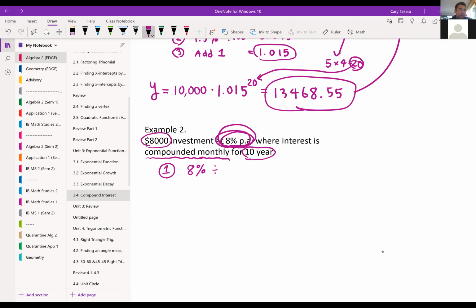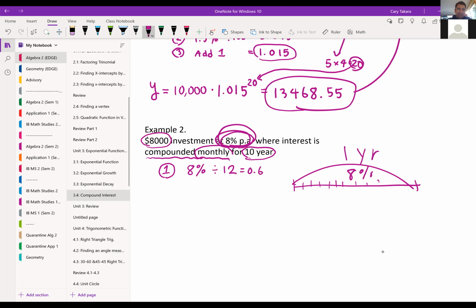So now it's monthly, right? So annual is 8%. That's 1 year, and then you get 8%. But you're going to divide 8% by 12. You have to divide 8% by 12 because it's monthly. Basically, you have to ask yourself, how many months are there in a year? And of course, it's 12, right? So you do 8 divided by 12. Maybe we should have done this together from the beginning. 8 divided by 12, you get